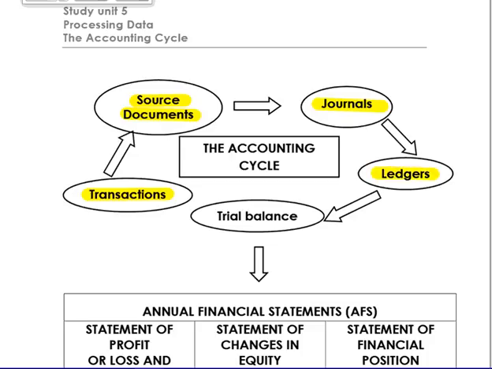Those journals will then be posted to ledgers. I'm going to introduce you to the ledgers today. Those are your T accounts. Those ledgers then, for example, will summarize your bank. So in your journals, you'll have a cash receipts journal for when I receive money, and a cash payments journal for when I pay money. And there'll be a column for bank in both of those journals. Does that make sense? And then you'll post it to a bank account saying, this came in, that went out, how much is left? So a ledger summarizes each account, what went up or down, and what is the balance